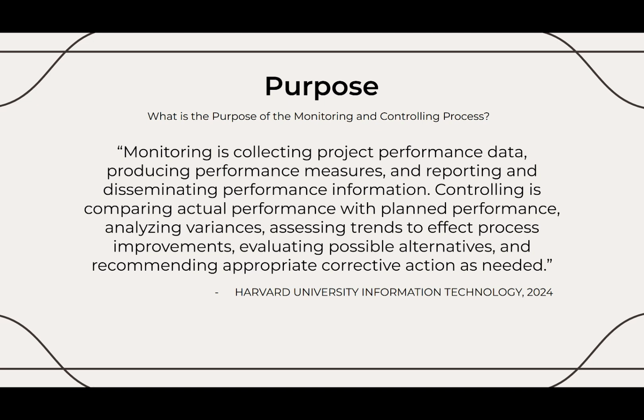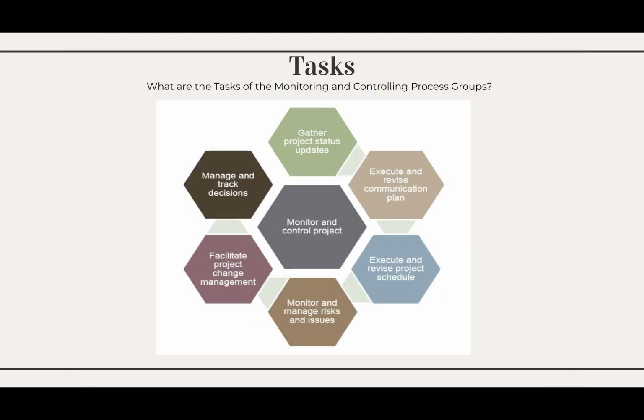Essentially, this process group ensures that everything is done correctly, in a timely manner, effectively, and with little risk and error. If there are tasks or objectives that have been completed that do not fit the aforementioned standards, then the monitoring and controlling process groups will address and change those issues. They are responsible for several tasks, such as tracking project milestones and deliverables, performance measurement, quality control, risk management, issue management, budget management, schedule monitoring, and change control.